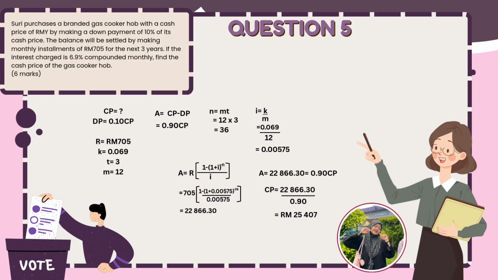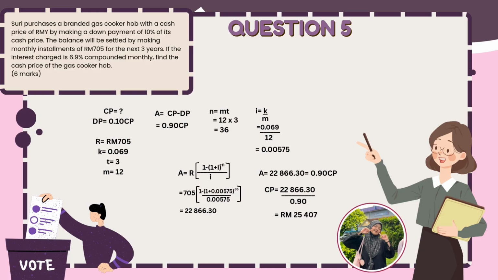So, in this question, we need to find the cash price. Before we proceed, we need to gather all information first. We need to use the formula for A, which is A equals CP minus DP, and we will get A equals 0.90 CP. Then we need to find N. N equals MT, which means 12 times 3 equals 36. And I equals K over M, which means 0.069 over 12 equals